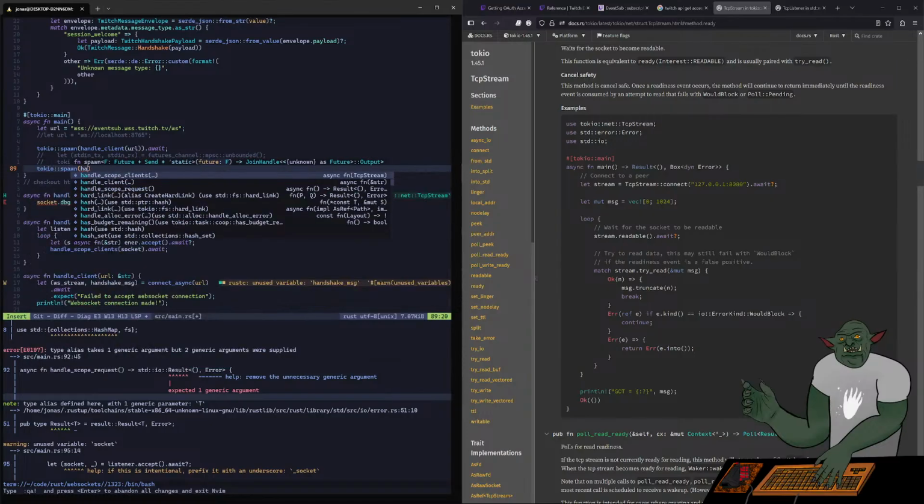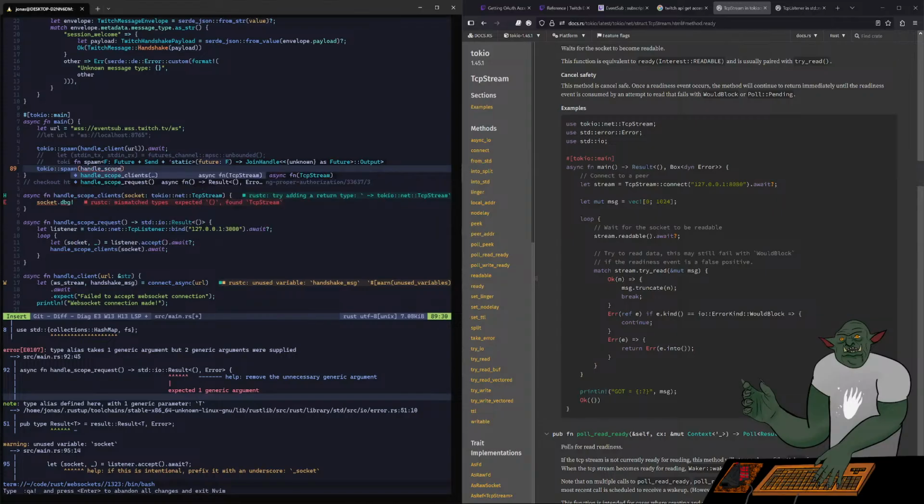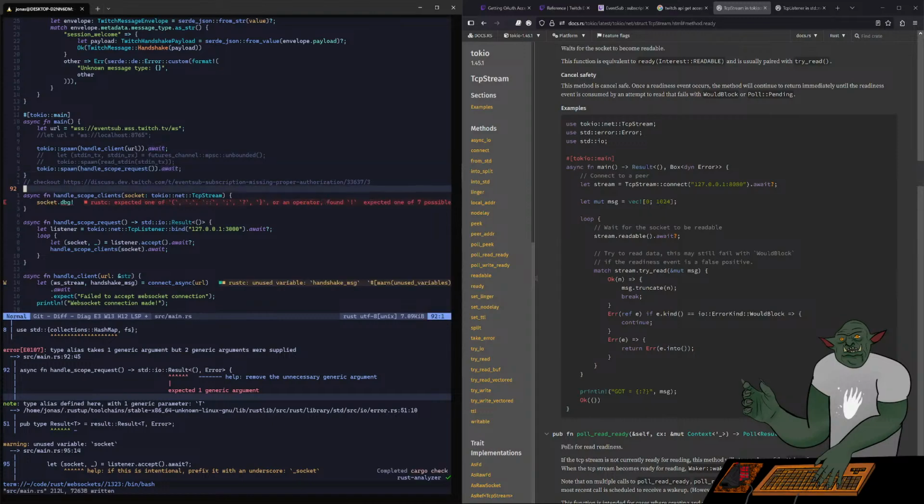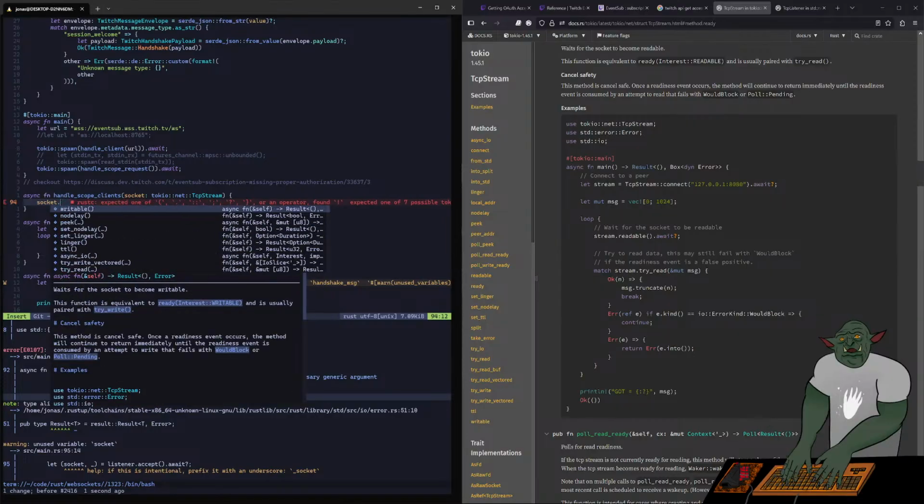And it's gonna be handle scope request. Dot await. Yeah, we need to await for it to be like, hey, we can continue. Okay. Okay, so in the socket,